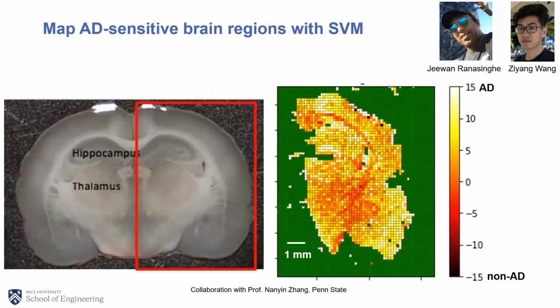So for example, if we look at some highlighted brain regions, next slide. We can see there are some regions like cortex, hippocampus, and amygdala that are highly correlated to AD. And you can also see there are some dark regions. For example, what is shown here is thalamus and hypothalamus, and they're not that sensitive to AD. So this provides us important information on the brain region correlation with AD. So next slide.